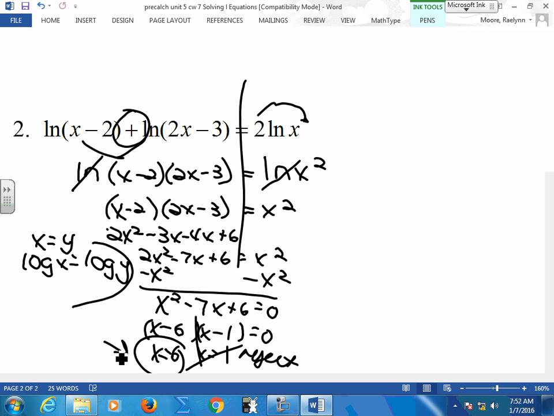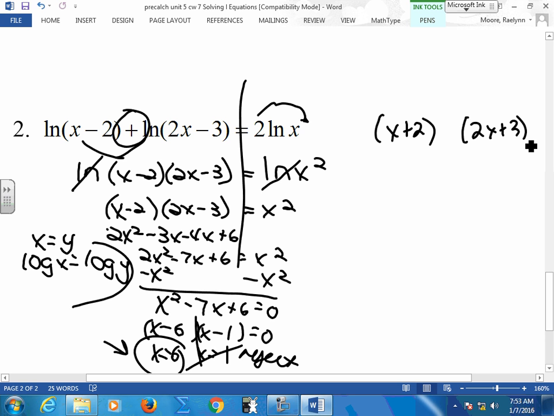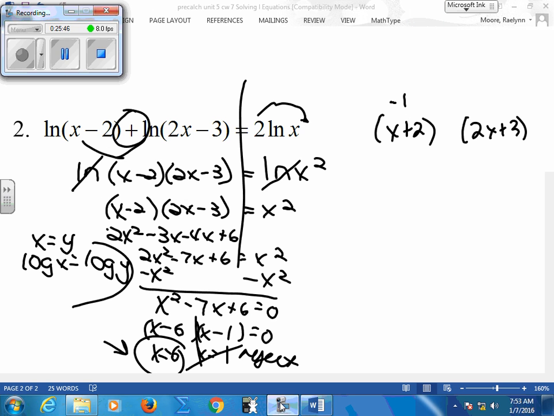Does the one always cancel or does the other one? Does it cancel this guy here? Not always. We have to check them, because you can have this situation, and then the one would work. Even the negative one would work in here. So don't cancel it just because it's negative. Try them. Sometimes it's even set up like maybe there's a negative in here where only the negative works and not the positive. Okay, so these are